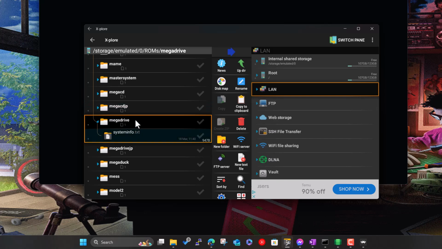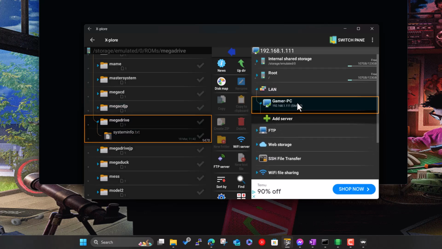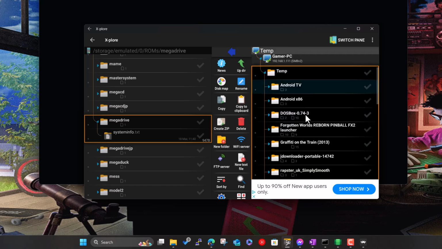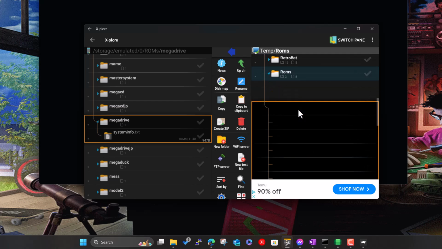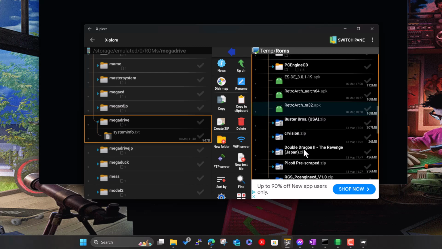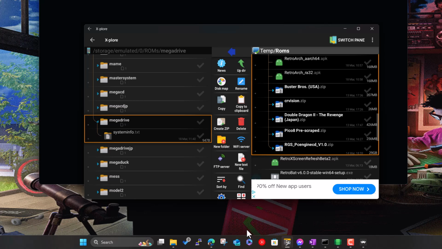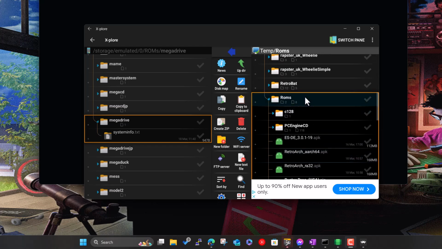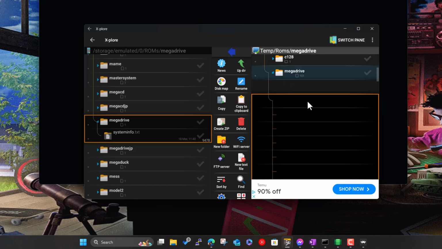So now, under Mega Drive, if we copy some games in. See, that's the good thing about this Explorer, I can browse to a Windows share on my PC. I can't remember whether I put any games in here. Let me just have a quick look. Okay, quick bit of copying in the background. So now in this folder on my Windows PC that I've shared out, I've got this Mega Drive folder with